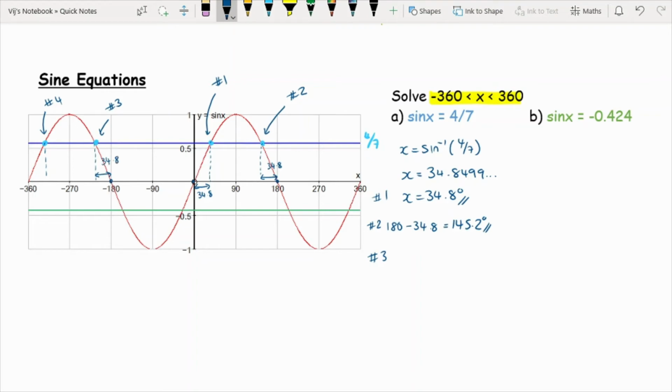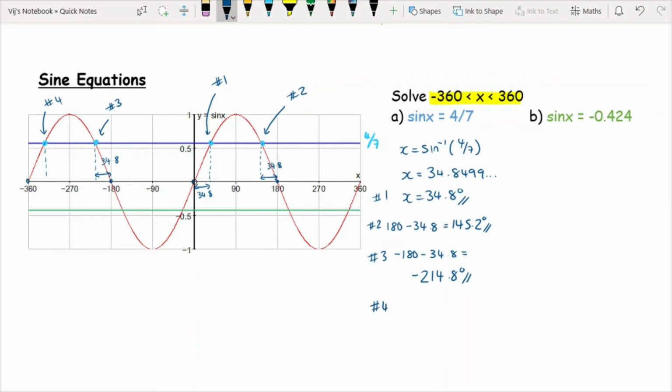So for this, to find the third angle, all I need to do is minus 180 minus 34.8, and I type that into my calculator, which gives me an answer of minus 214.8 degrees. And then to find the fourth angle, again I'm looking at the nearest point to it from when it's 0, which is at 360,